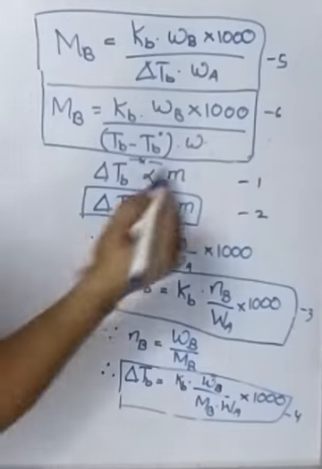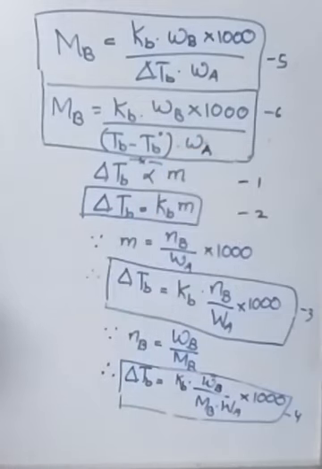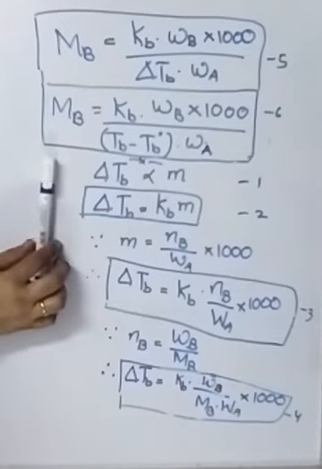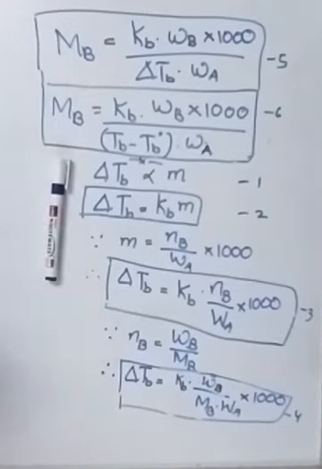So here we have seen how elevation in boiling point is a colligative property, and how it depends on the number of moles of the particles. We have also seen why elevation in boiling point occurs, and we have determined the formula for finding the molar mass of the solute. That's all. We'll see the next colligative property, depression in freezing point, in the next lecture.